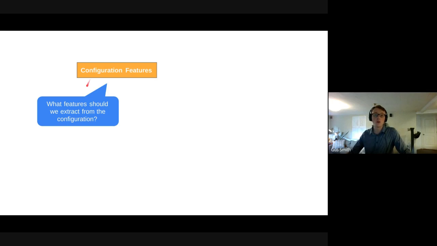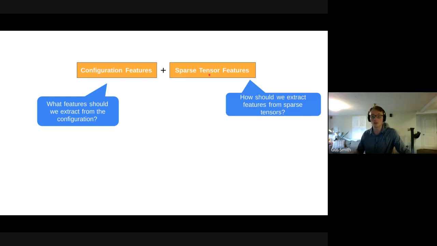The question here is, what features should we extract from the sparse configuration of the kernel? Another component of the inputs, like I said, is features from the sparse tensors themselves. Again, how should we extract features from them? The goal is something that can be input into a cost model to generate an inference.